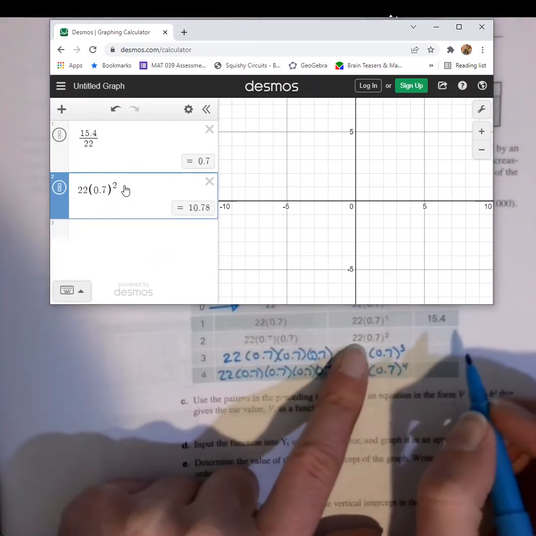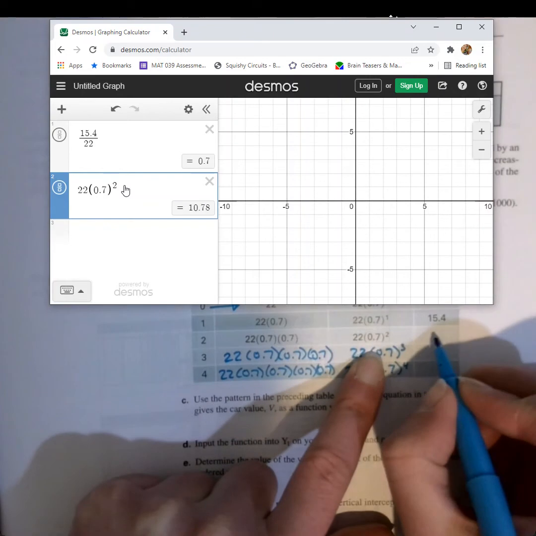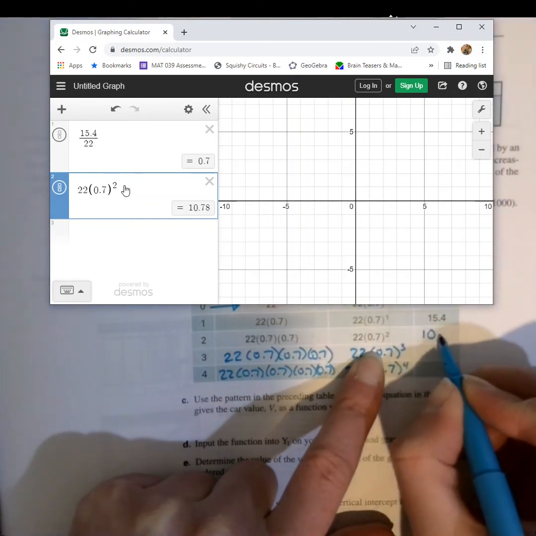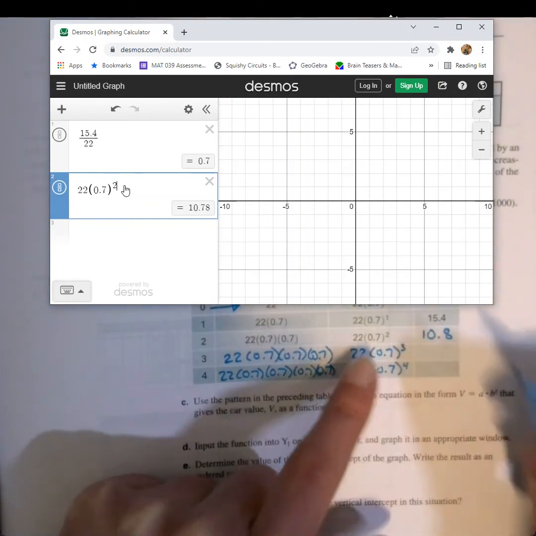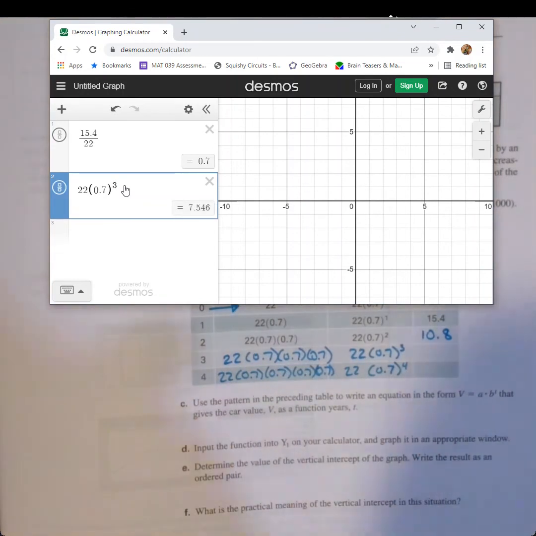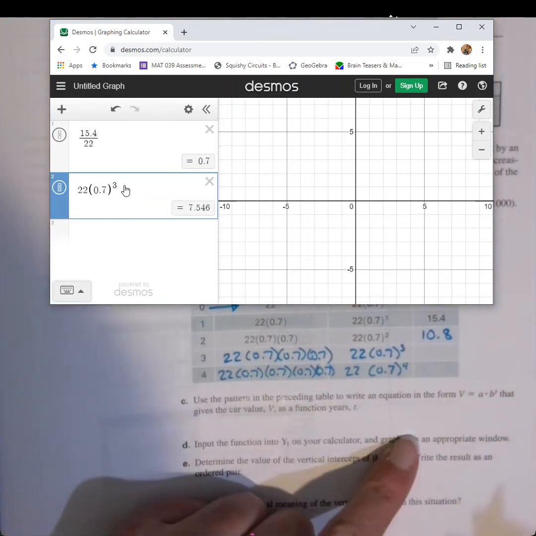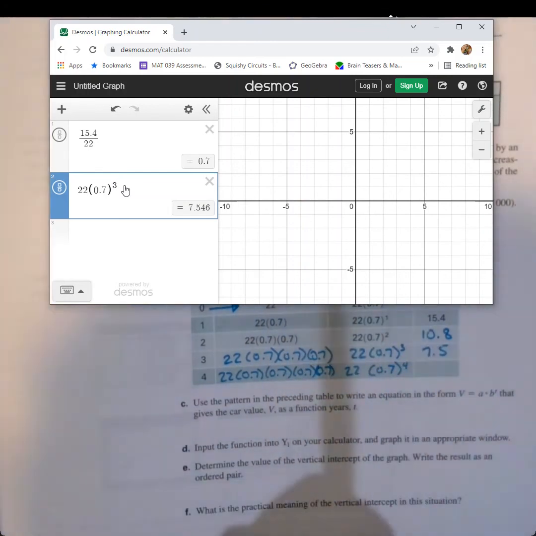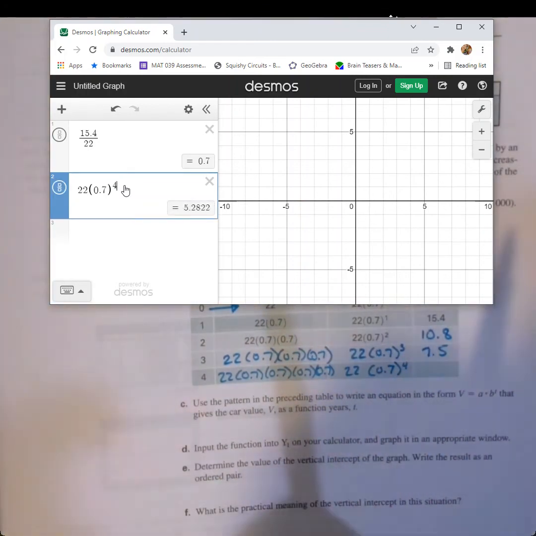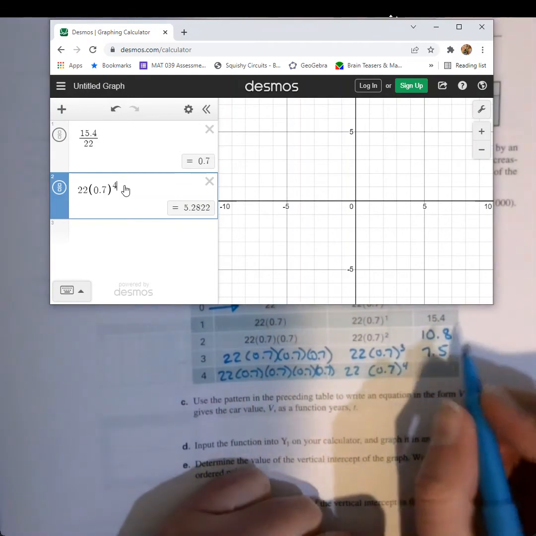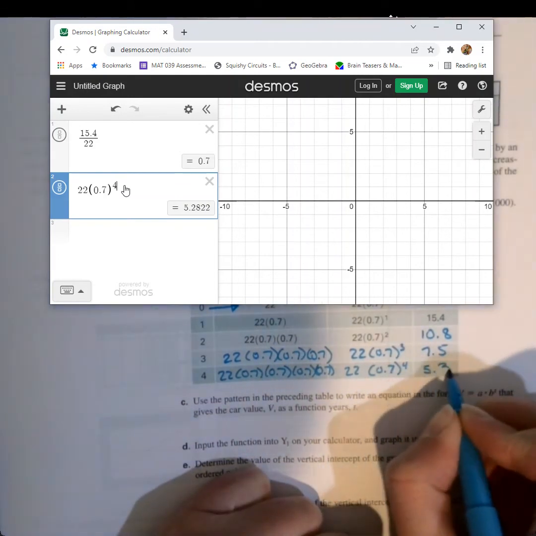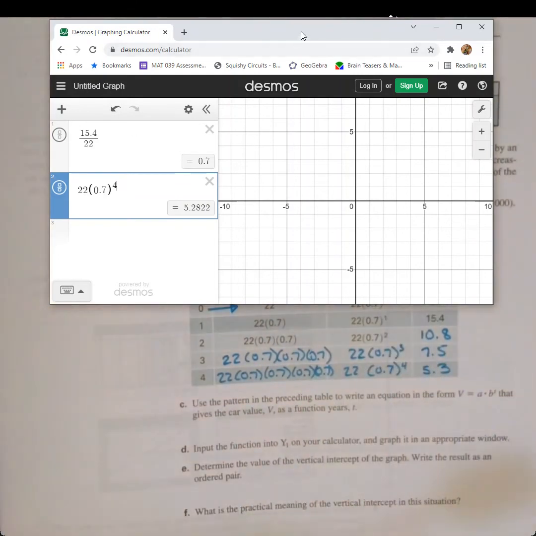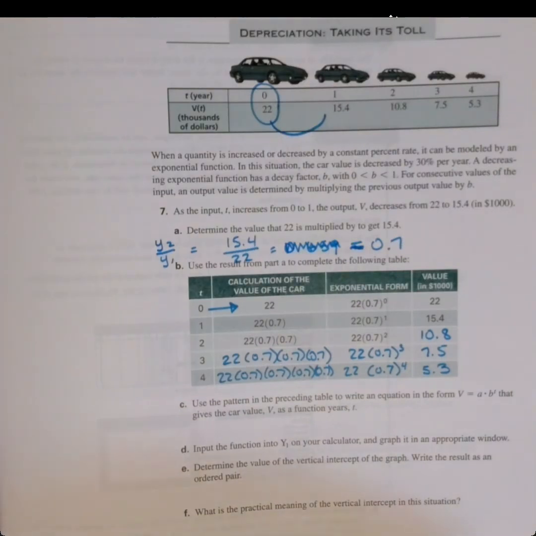So 22 times 0.7 to the second power is 10.78 or 10.8. To the third power, 7.546 or 7.5. And to the fourth power, 5.28 or 5.3. In this case,